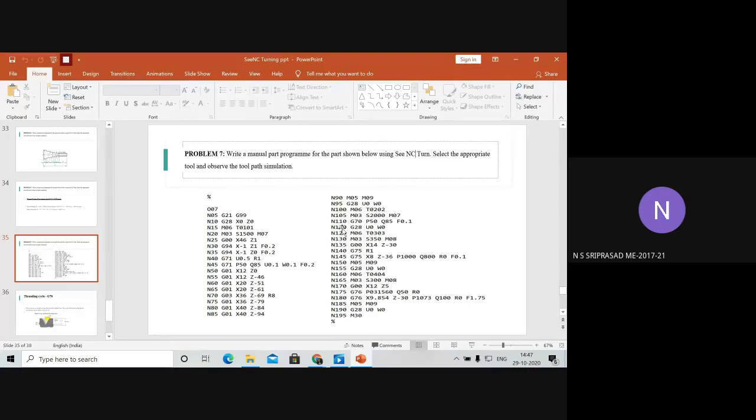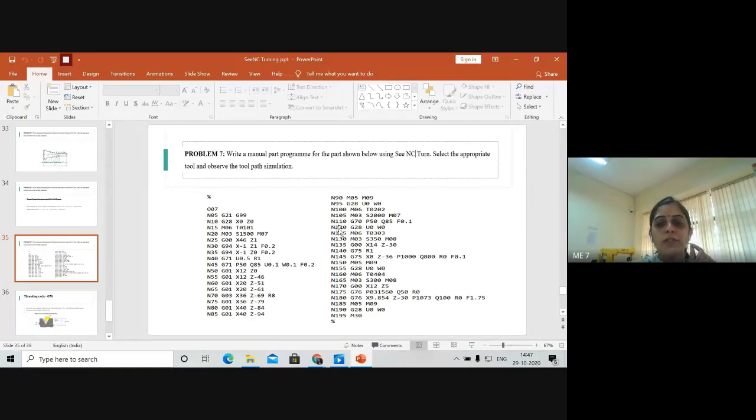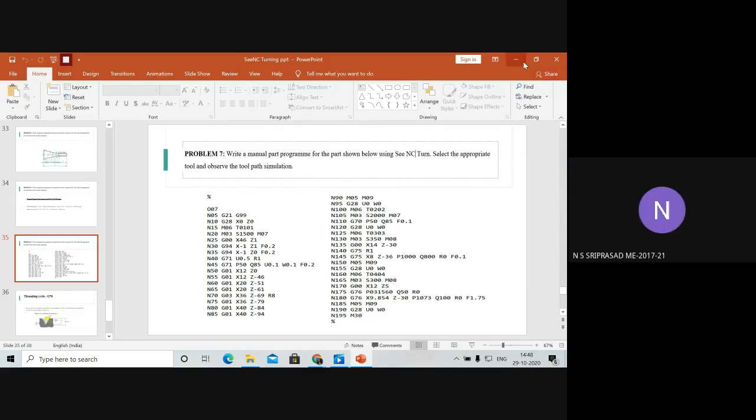N115? I told while explaining, right? In N115, you have to write M05, M09. So you will make the spindle off and the coolant off. After that, you will send the tool to the home position by G28. Then you select the tool, and later you make the spindle on again by typing M03 and assign the spindle speed. Okay, ma'am.